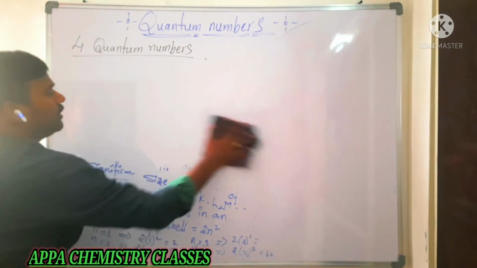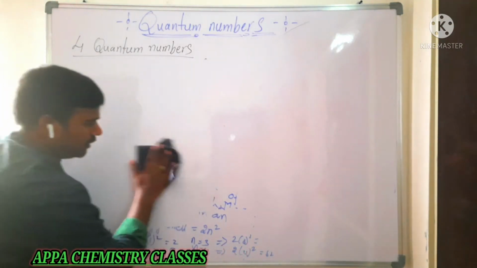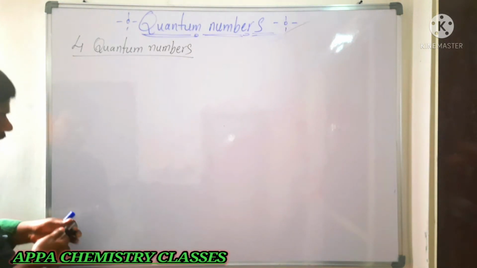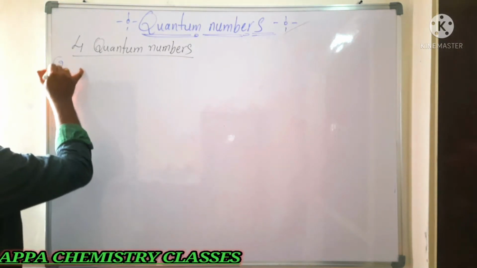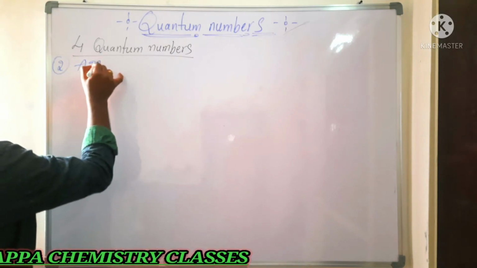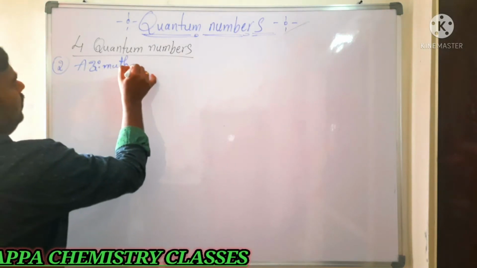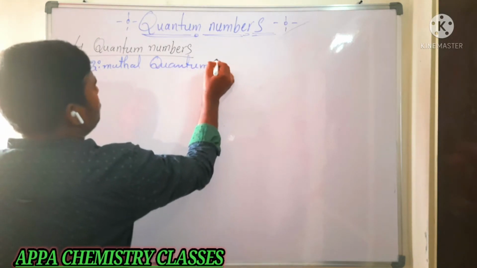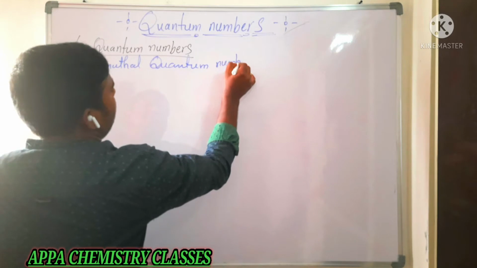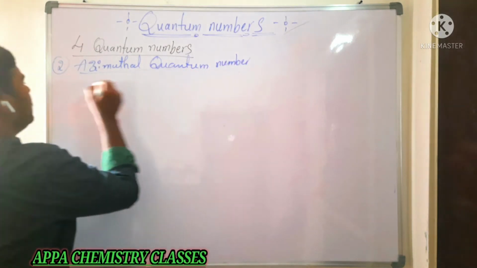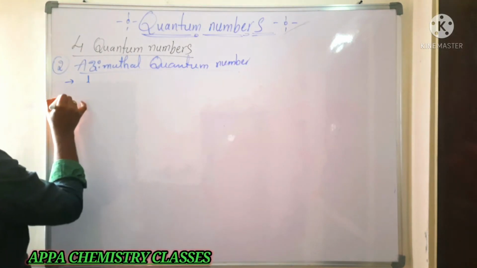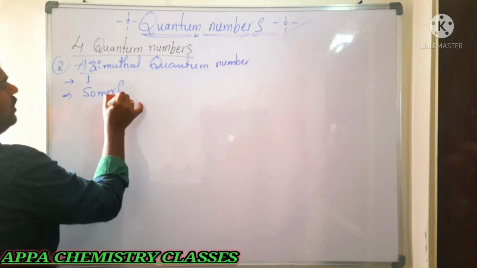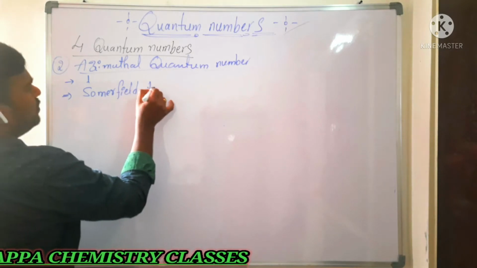The azimuthal quantum number is indicated by a small l. This was given by Sommerfeld to explain the